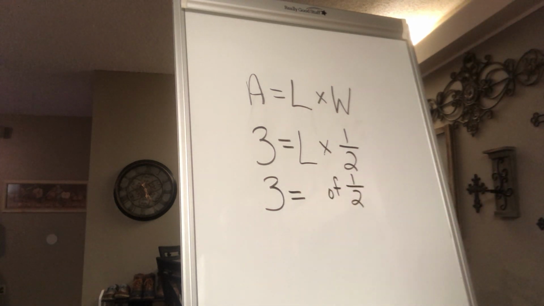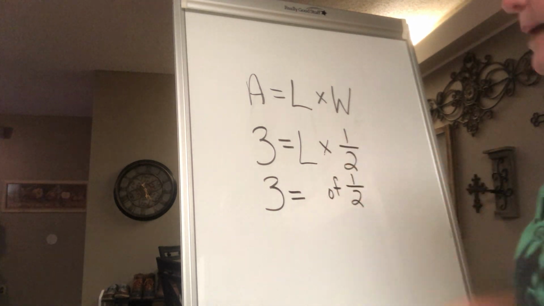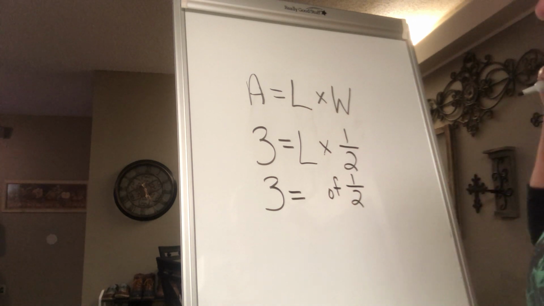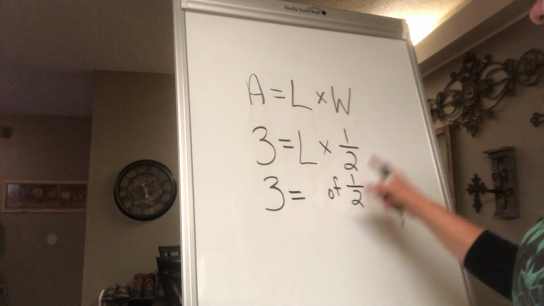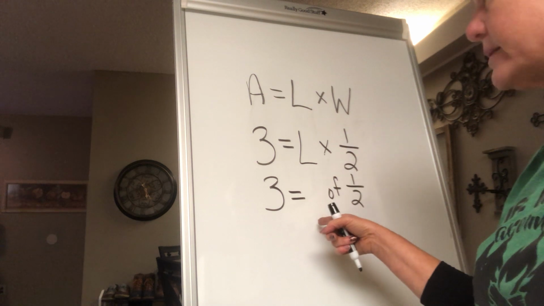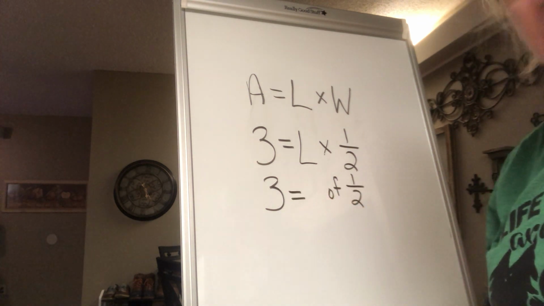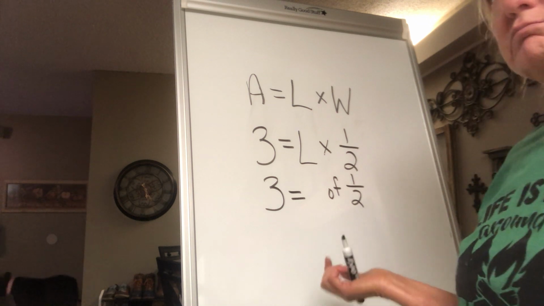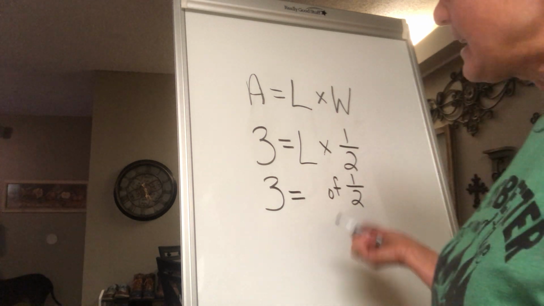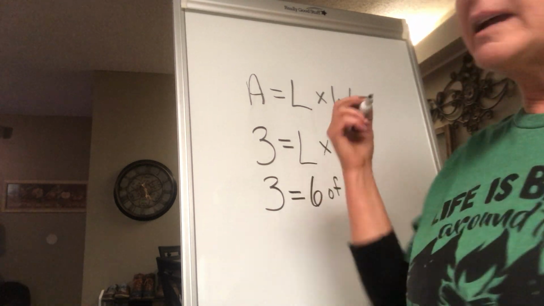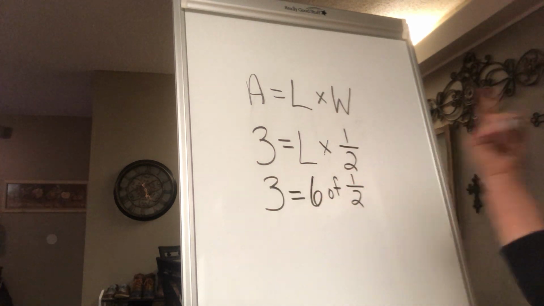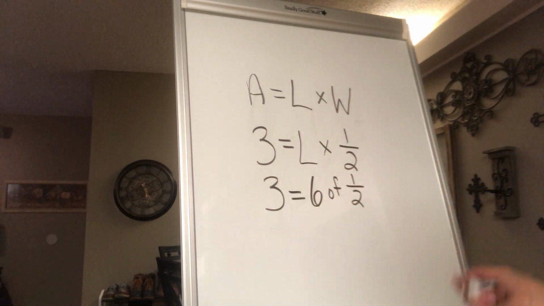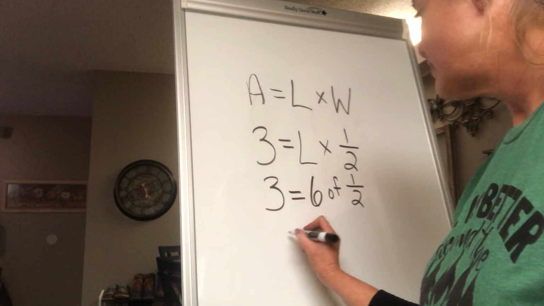Blank of 1/2. And I know that this means I'm multiplying. So if I think to myself, half of what will give me 3? Half of what is equal to 3? Just reasoning, I say half of 6. That's just what I say off the top of my head. Half of 6 is 3. And then I can check myself. If I put in